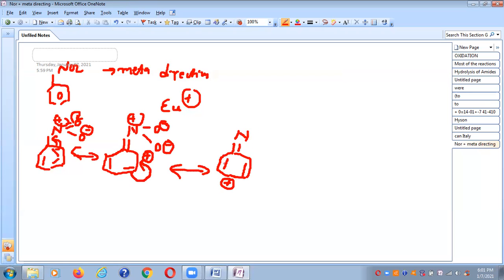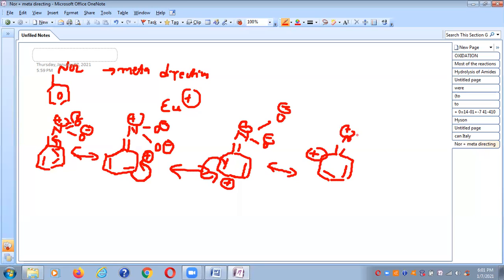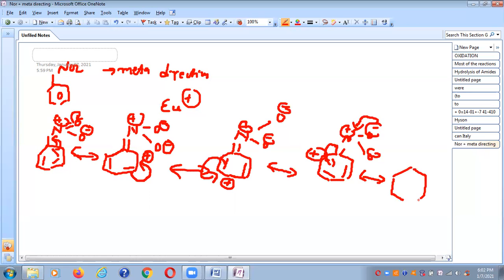It is the same. Again, further, this double bond shifts here, giving O minus, here O minus, and thereby the second ortho position will get the positive charge. So a new double bond is generated here, and this is the positive charge, and this is NO2 plus and O minus, and this is O minus. And next step, this O minus comes here, then this double bond comes here. So again we get neutral nitrobenzene.